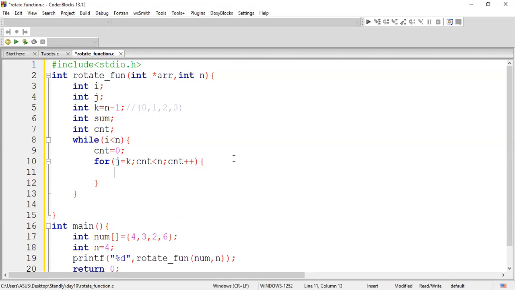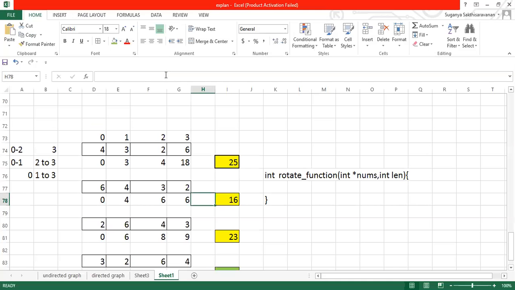And inside this, what are we going to do here? You're going to do the summation of the calculation. What are we supposed to do the summation of? We are supposed to multiply the index value, isn't it? We are multiplying this index value with the value inside this array. This process has to be done continuously for the summation. Okay, this is what I'm doing, right?